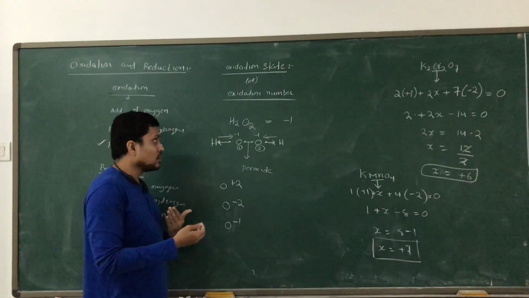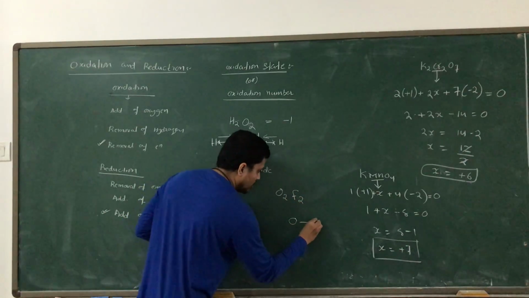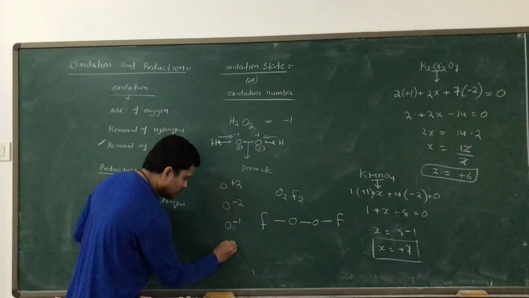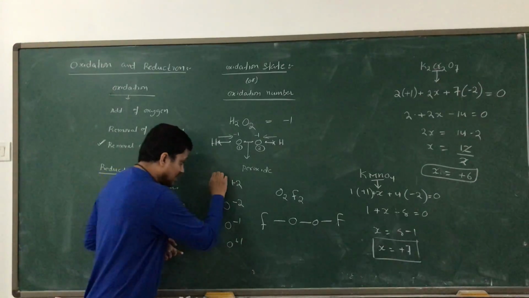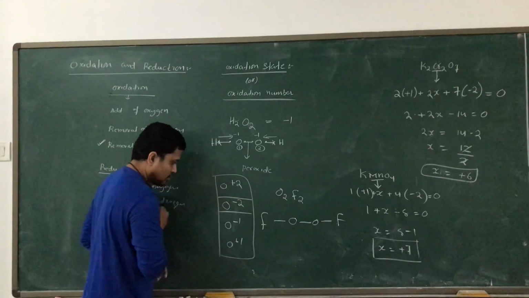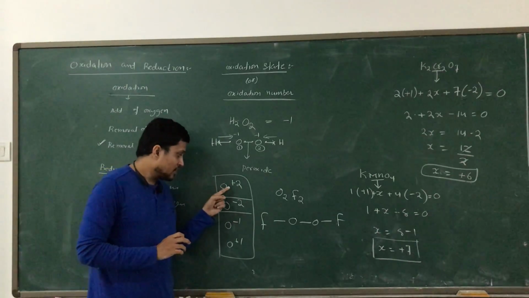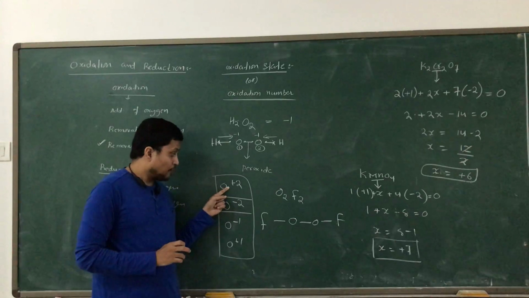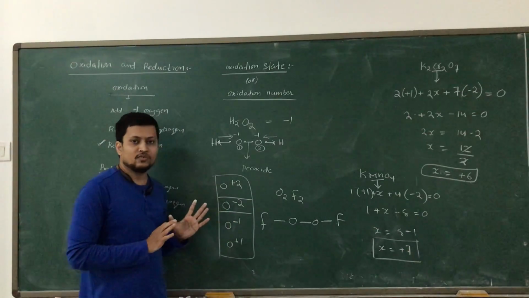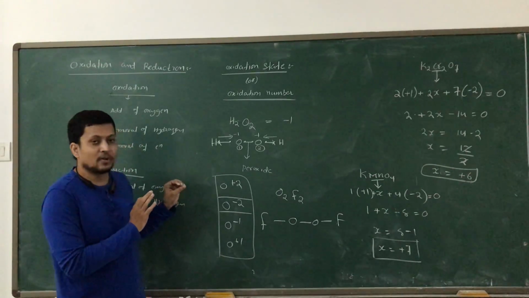Peroxide bond along with fluorine, like the O2F2 compound: if I take the O2H2 compound, the same oxygen-oxygen bond, and in place of hydrogen we have fluorine, then oxygen will show +1. So these are the things which oxygen shows that are different. Normally it is -2, every time you are going to get -2 only. But in some cases where fluorine is present, we have the +2 option also, and a peroxide bond with fluorine gives +1 also. If any peroxide bond is with any other atom, then -1. So these are the things which are different for oxygen. Wherever the condition applies, we should remember those things as well.